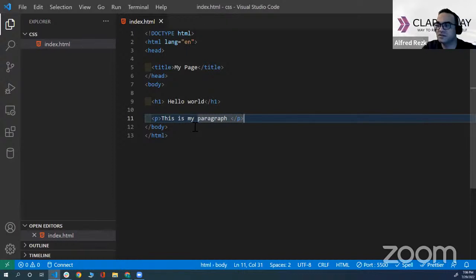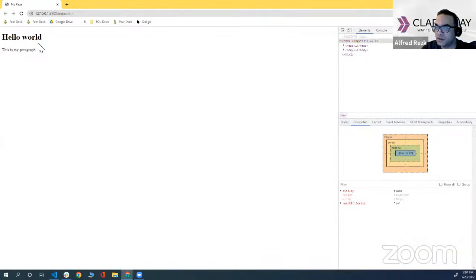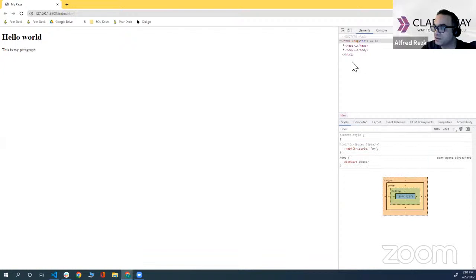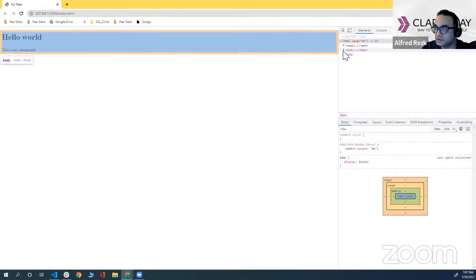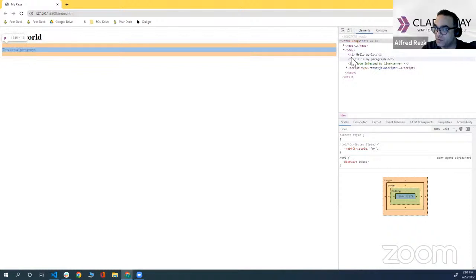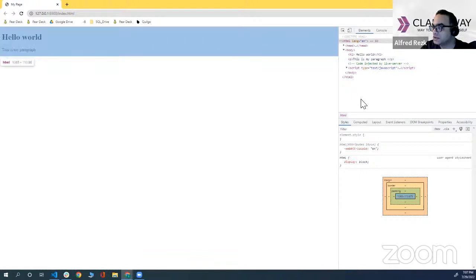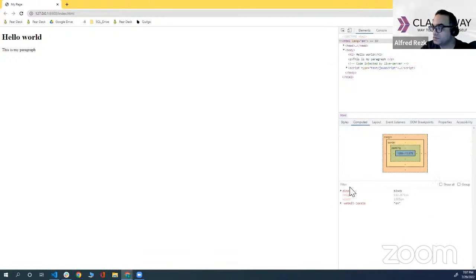Okay, let me save it. And let's see how it looks. Here's the paragraph. Now you will notice that the tree of the HTML is different. Your body now has the paragraph, and when you put your mouse on the paragraph, you will see it highlighted in the page. Perfect. Now, if I go to computed, and I click on the display,